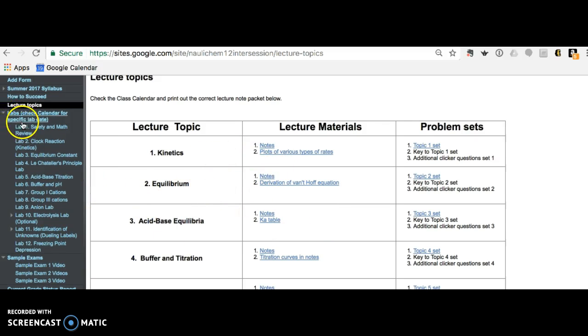For the labs, as you can see here, also a list of the labs are provided. These are the labs that you'll be working through in the class throughout the session. And to determine which lab you have to do, you just need to look at the calendar, and then it will tell you which of these labs, and it will give you the title of the lab so you can match it with this list right here. So for example, if the lab says clock reaction, you can just click on that, and it will take you to another page,